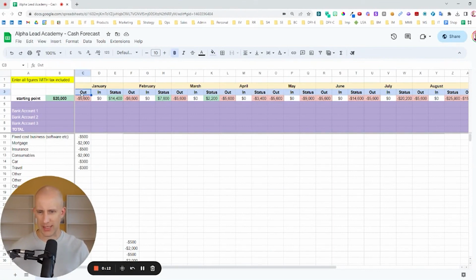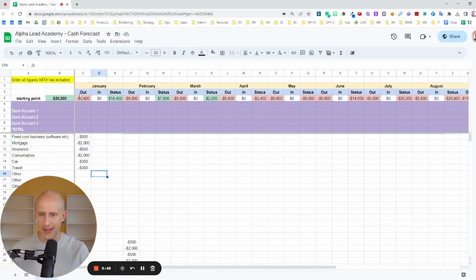Here in this column where it says out, you simply put in your cash outflows. And it's really important that you do this on a cash basis. This becomes really important in terms of your revenue, which we're going to get to in a moment. But it's all about the cash that comes in and the cash that leaves. So it's not about future commitment. If somebody pays you, they commit to a $10,000 deal, but it's going to be over the next 6 months and you're going to spread it out over 6 months. Well, that means you cannot put 10,000 in here at this point. It needs to be spread out over the following 6 months, right? So cash-based accounting, hopefully that's pretty clear.